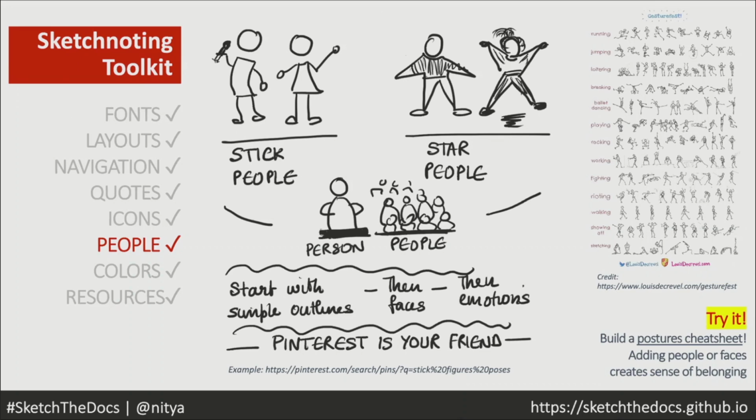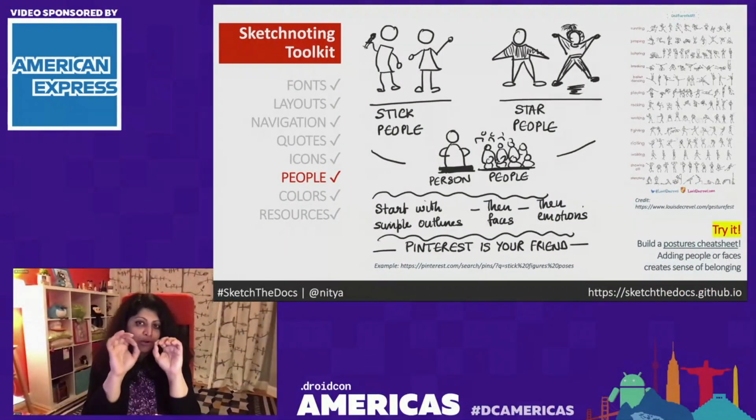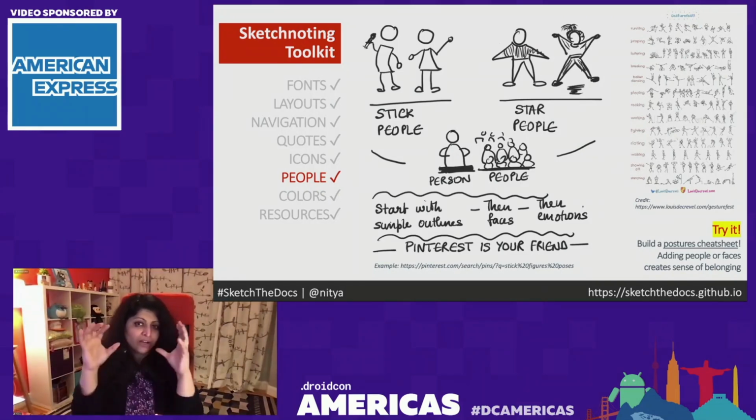Look for Sketchnote Army. The other is Pinterest. Pinterest is really your friend. Look for sketchboards that look at stick figures, there's an example over there, or sketch notes. The first one, stick people, very easy to draw. Just lines for the arms and legs and a basic shape. Star people, you can see it's a star shape and with a gesture, right? Simple. But underneath it, learn just those two, a single person, a group of people.